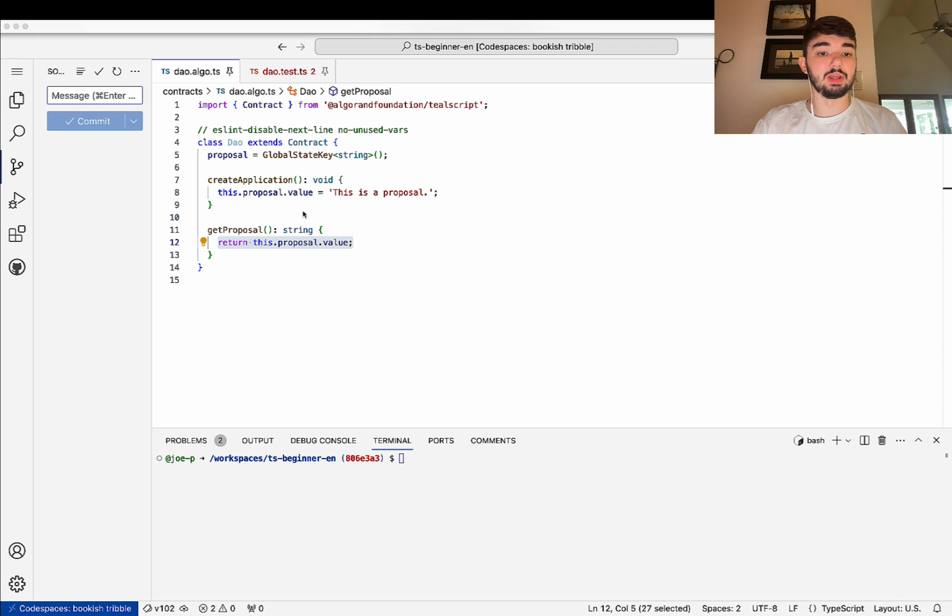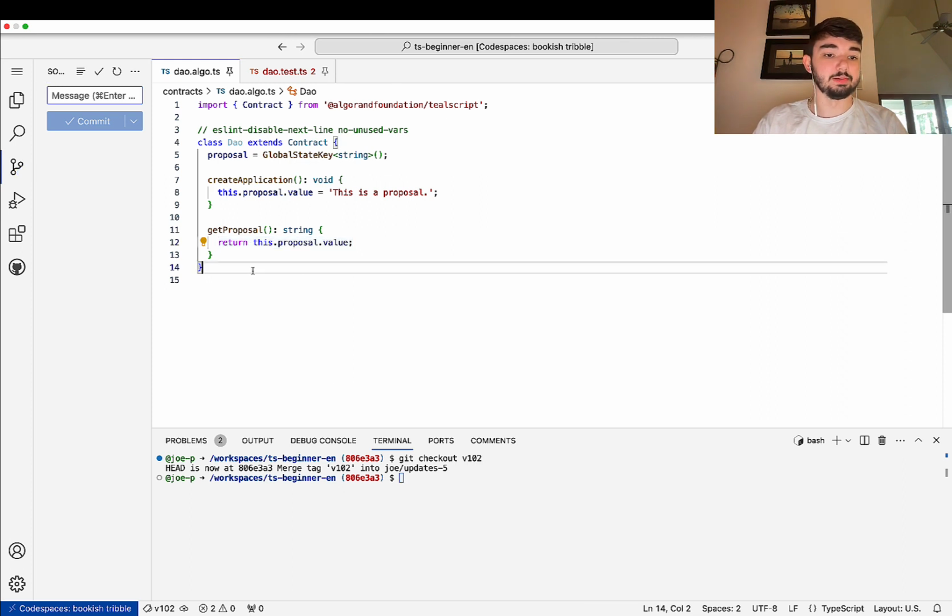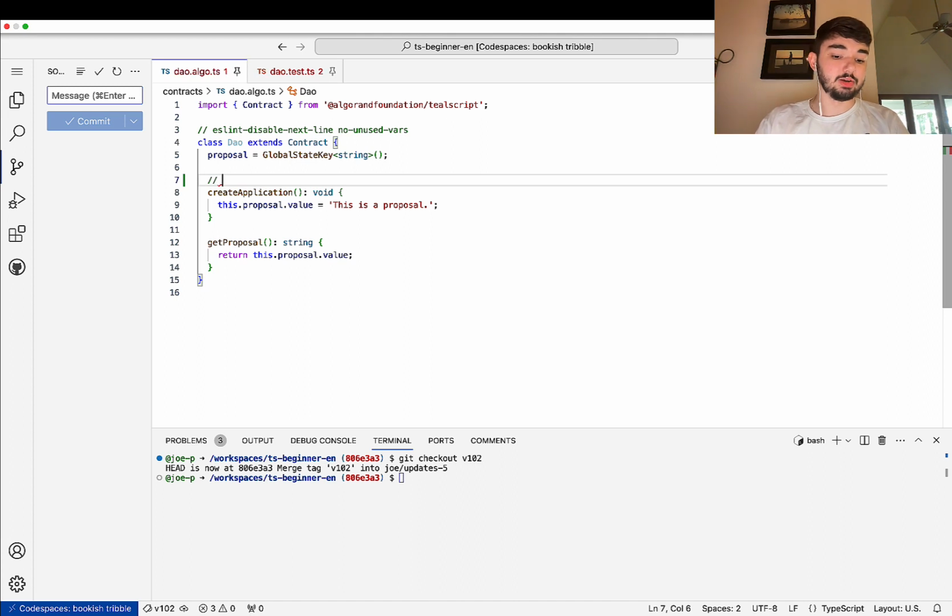Now, if you aren't already at this point, if you're in the TS beginner EN repo, you can run the command git checkout v102, and that'll bring you to this exact code space that we're at. So we're going to build off this, and let me write down in a comment what we're going to be doing. So we're going to modify this method so that we don't have a